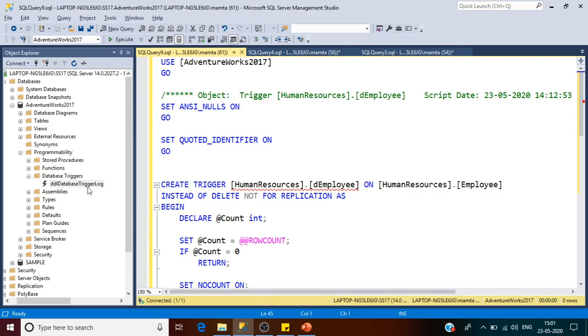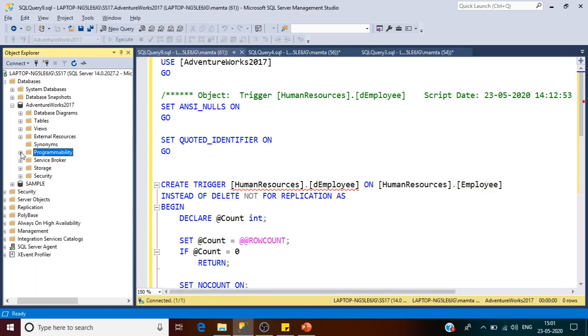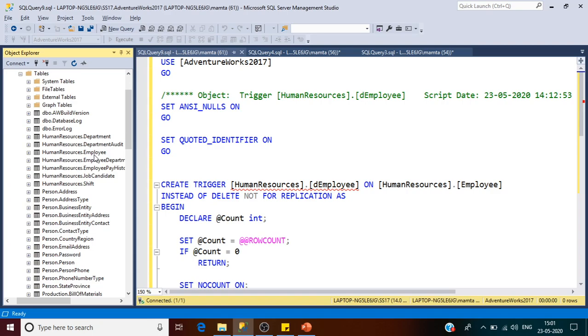Okay, so suppose there is a scenario where we wanted to see whether this particular table, suppose the department table, you wanted to keep tracking of all the update, delete, or insertion whenever it happened on the table. So you wanted to keep track of those. So in short, you wanted to keep the auditing of this table in some other table. Okay, so for that, how you can make use of the triggers. So in such scenarios, triggers are very useful.